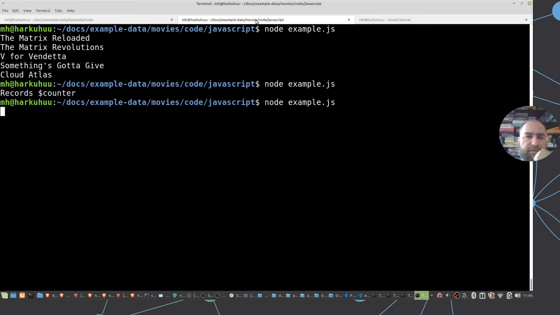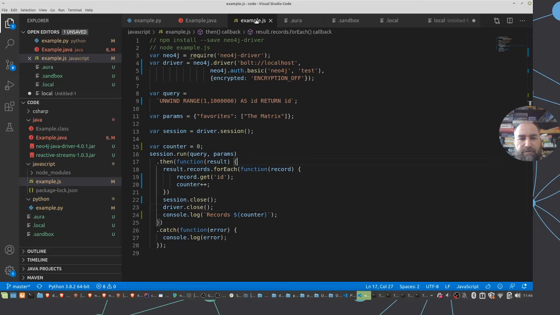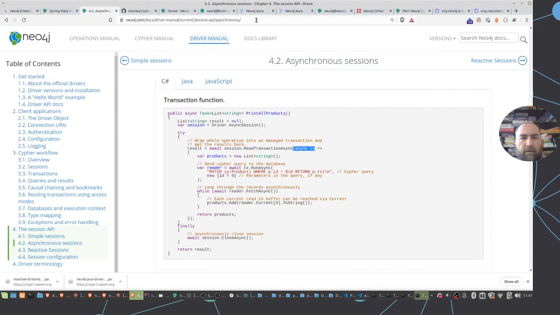This is actually really interesting because it should be much faster to fetch 1 million records from Neo4j. That's actually what I wanted to show you, that it's much faster than this. So this was way too slow to fetch 1 million records. So I have to see why that is. Because it's using the Promise API as such. So while I'm looking for this real quick,